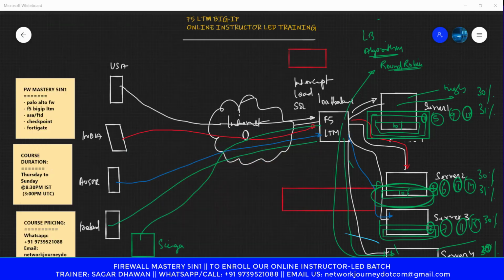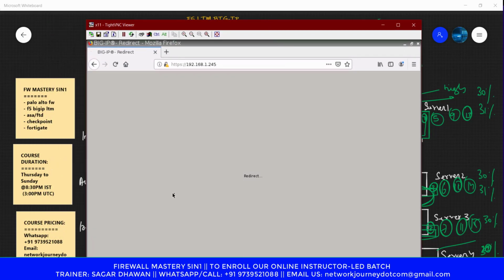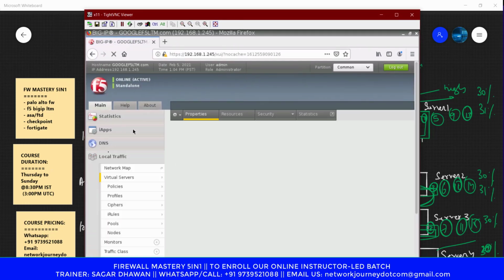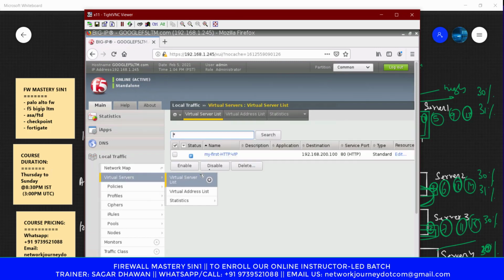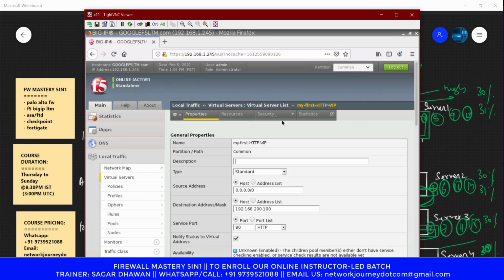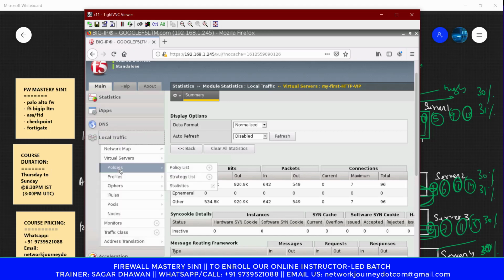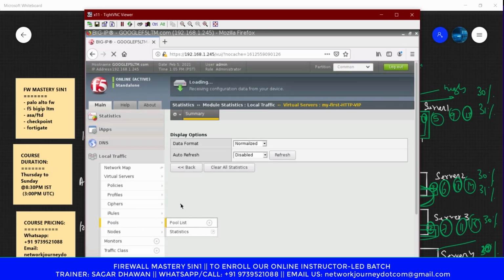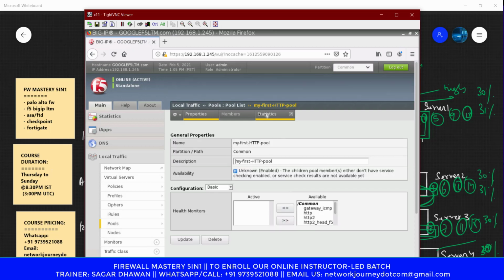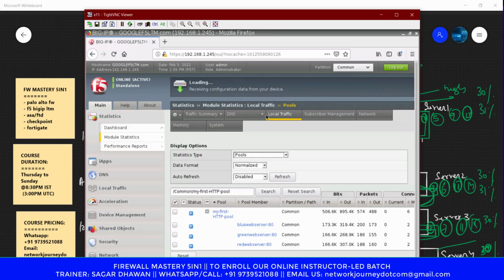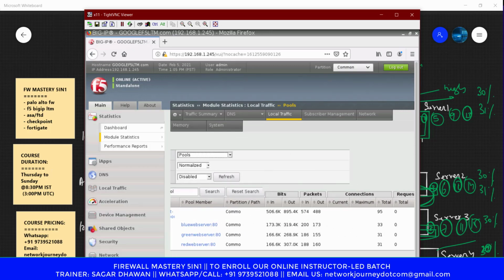Okay, so if we want to see the traffic here, we can check quickly. So let me take you to the VIP and stats. Okay, so this is the total traffic in and out that my URL is serving. Now the URL has backend pool members. Okay, this is my pool, and the pool consists of the members. These are my members.